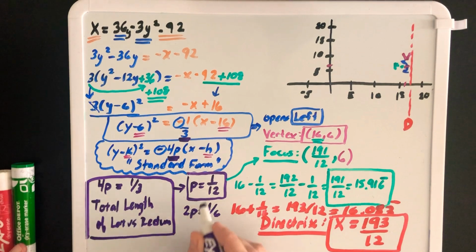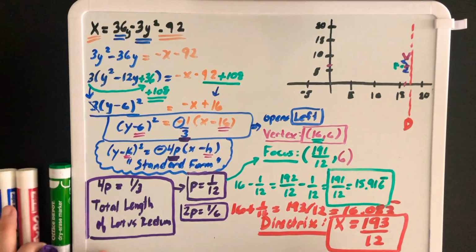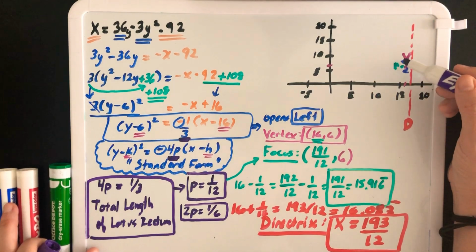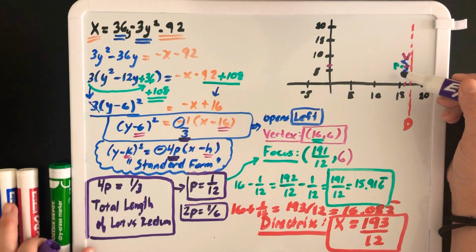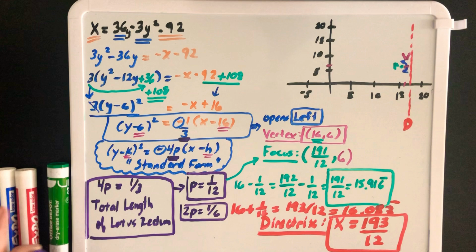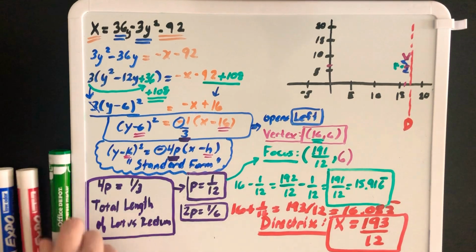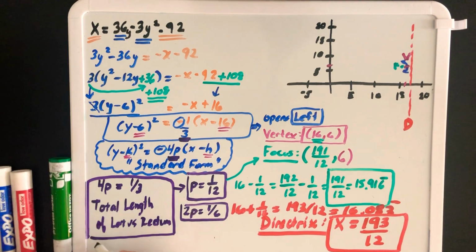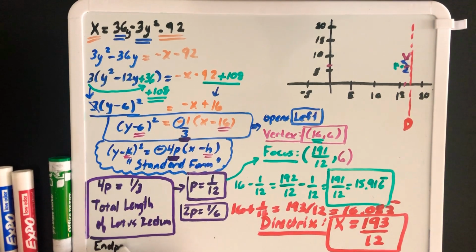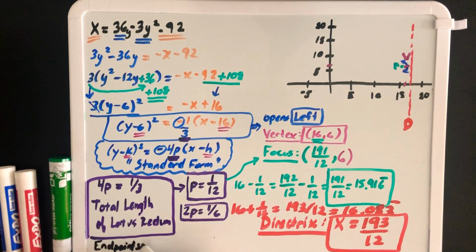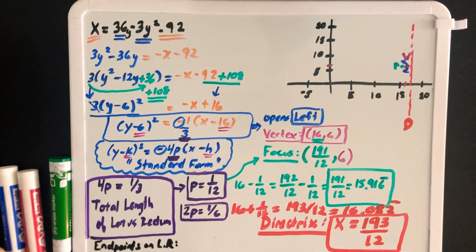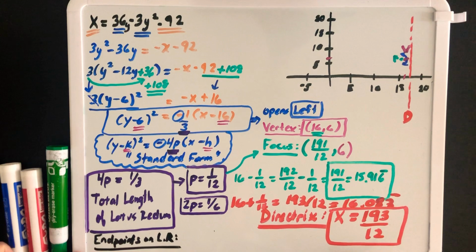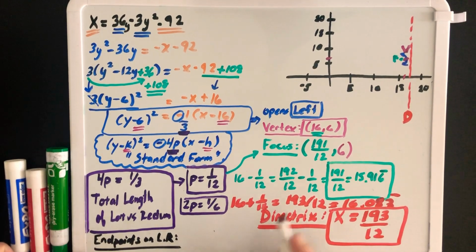Either by cutting 4p in half or by doubling p itself. So if 2p is 1/6, I'm going 1/6 above the focus and 1/6 below the focus to get the endpoints on my latus rectum. So starting at my focus, I'm looking for these endpoints on the latus rectum. In order to get these endpoints, what I would need to do then is start at